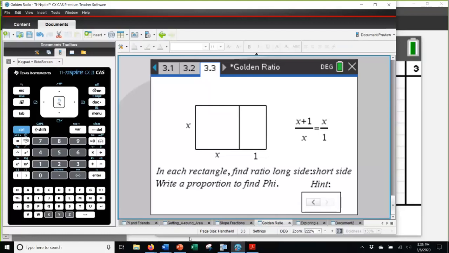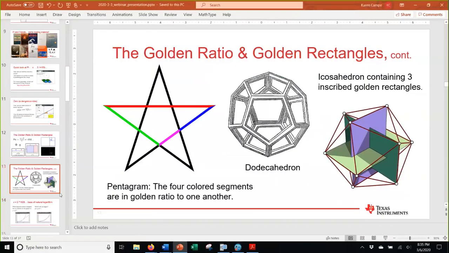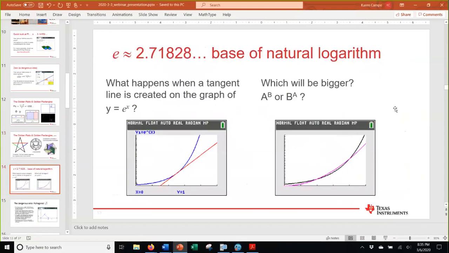Okay, moving right along. Our next friend who's coming to the party is e. And e is the base of the natural logarithm, and it was discovered by Bernoulli while studying compound interest. Now, those of you who teach Algebra 2 or talk about e in Algebra 2 or pre-calculus, I'm sure you've had opportunities to talk about it with natural logarithms and compound interest, but it sometimes feels confusing to students. Where does this number come from? And so I have some ideas that we can use to help make it pop up and show that it is wondrous and beautiful and interesting, just like pi.